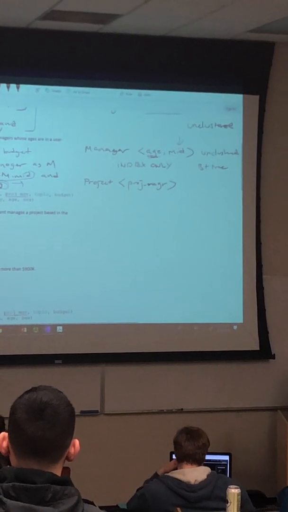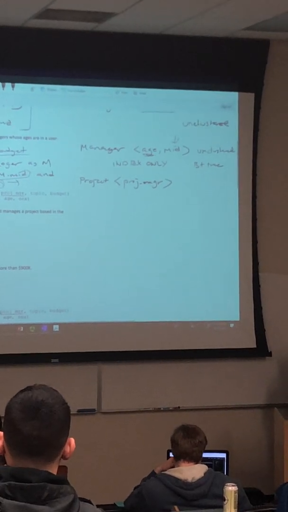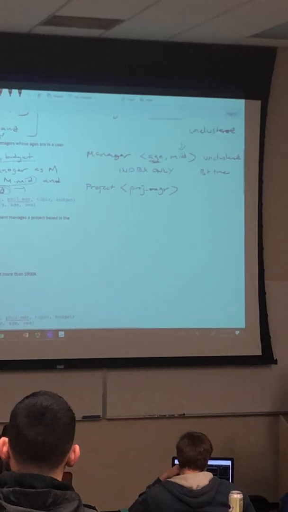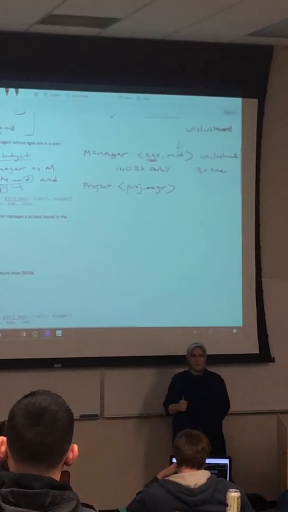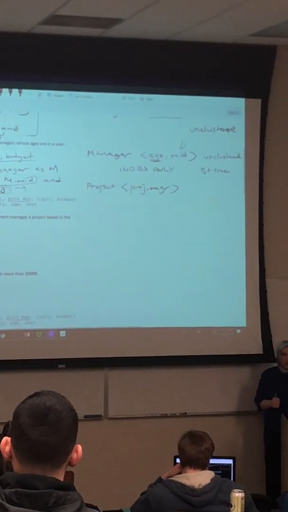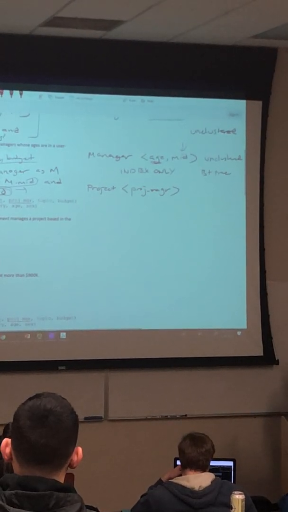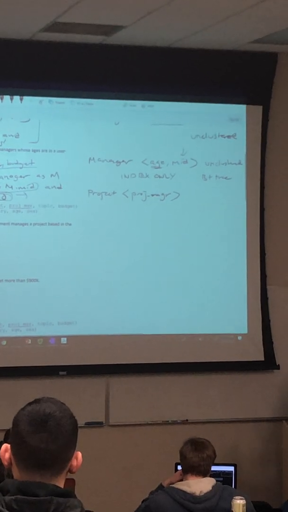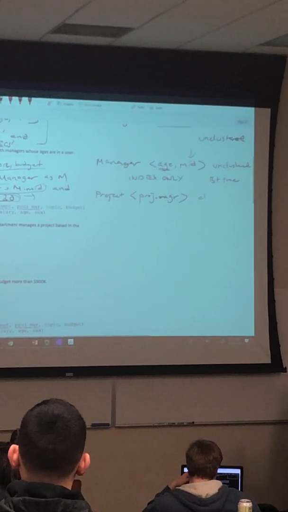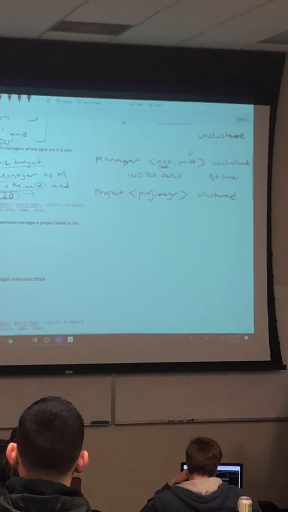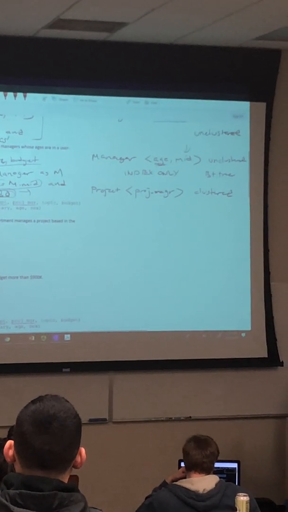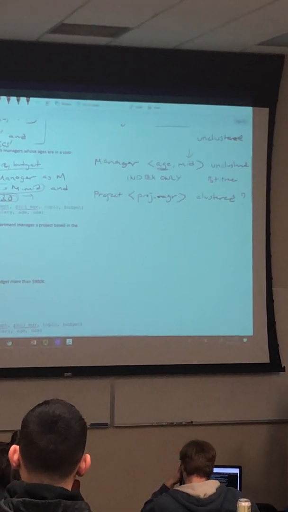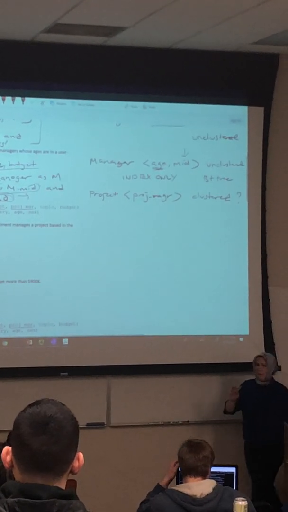I'm retrieving all these additional attributes for that project. And possibly, we don't know, there might be many projects for a given manager ID, right? A manager might be involved with multiple projects, we don't know. So, for now, I'm going to say it should be clustered because I still need to access the data to retrieve these additional attributes. But I will put a question mark next to it because I'm not really sure